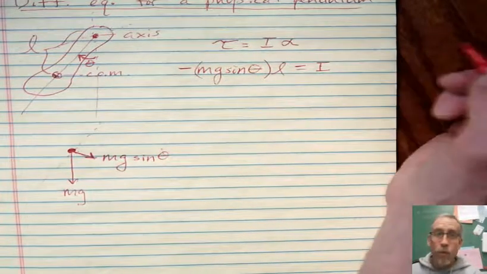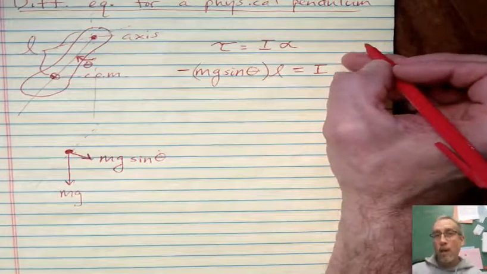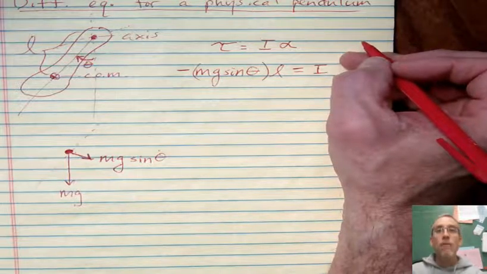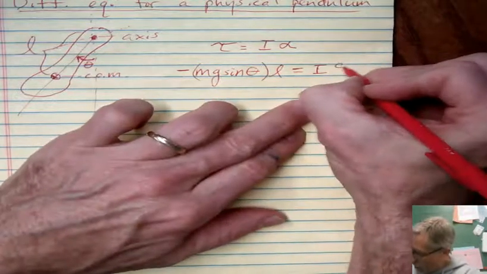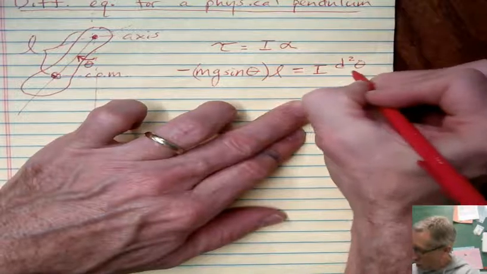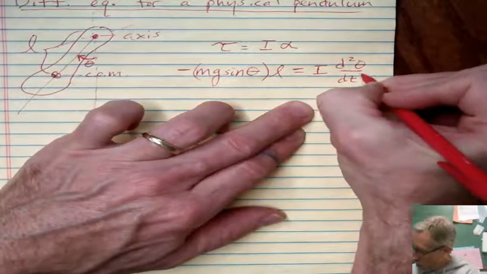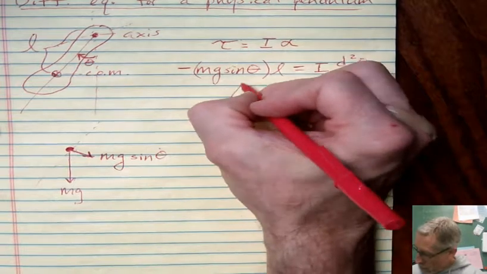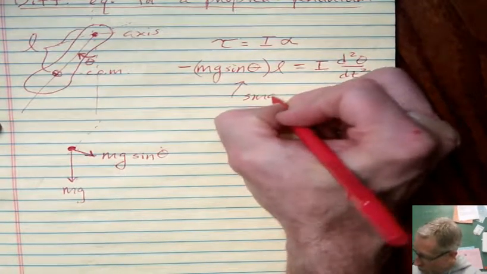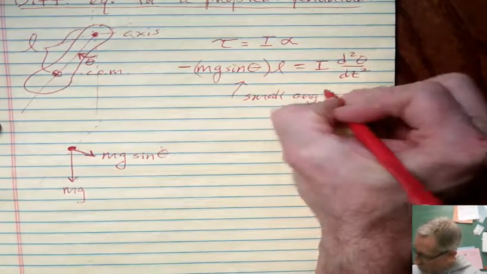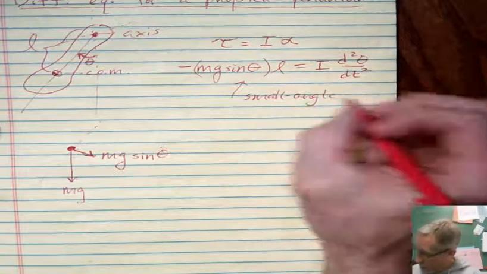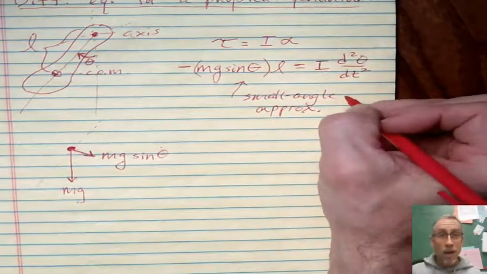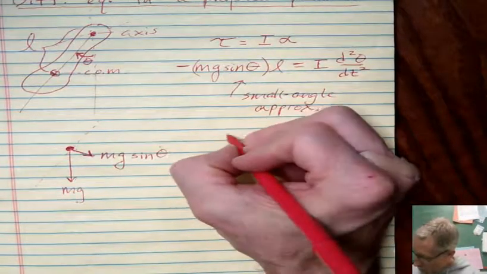And then as we did before for the simple pendulum, we're going to describe the angular acceleration as the second derivative of angular position. And we write the second derivative this way, d2 theta dt2. And now we're going to employ the small angle approximation. Again, you can refer to a textbook or my previous video for that. But what that allows us to do is we get rid of the sine function. It's really great. So we now have negative